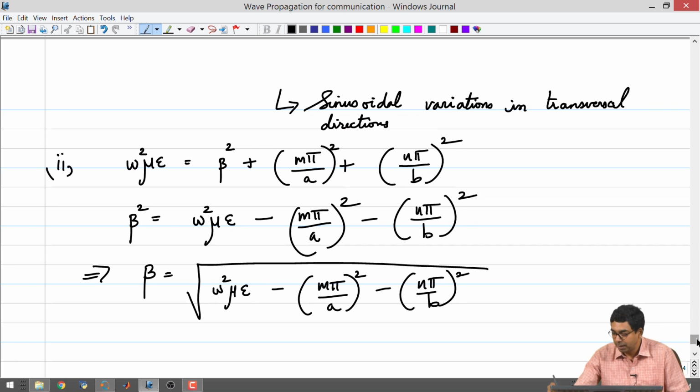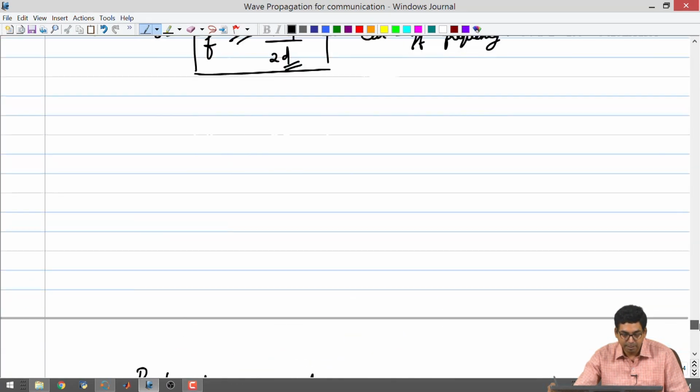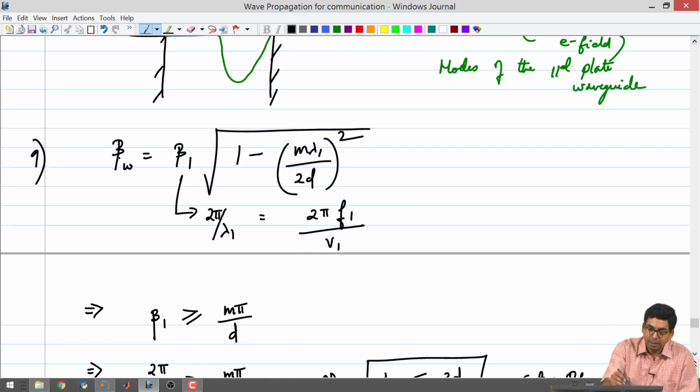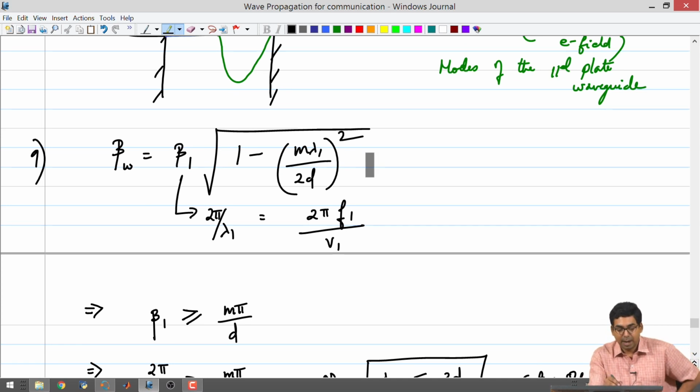So, if you go back and have a look at what we did with the parallel plate waveguide, I had a condition for beta of the waveguide equal to something on the right hand side. I said that I had a square root term coming in between. Beta corresponds to the propagation constant for a travelling wave. So, you would have written this as e to the minus j beta z, which means that beta has to be a real number. Beta cannot be an imaginary number, right? Beta has to be a real number. That means the term inside the square root has to be positive, that was our condition.